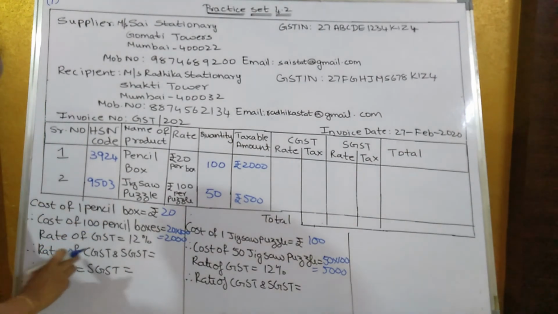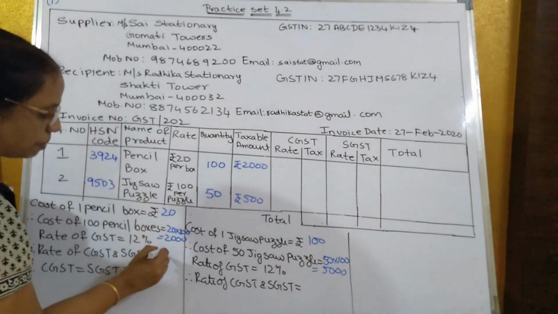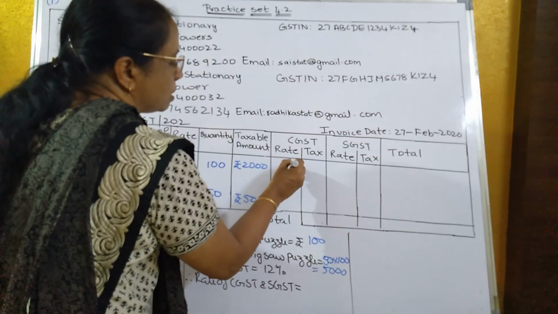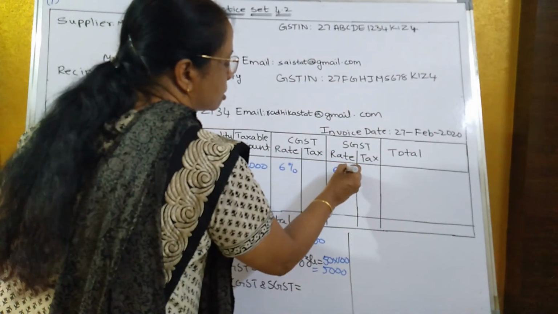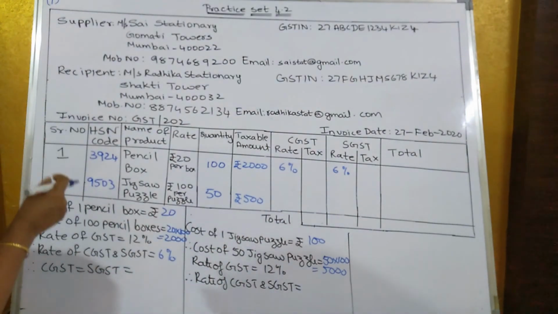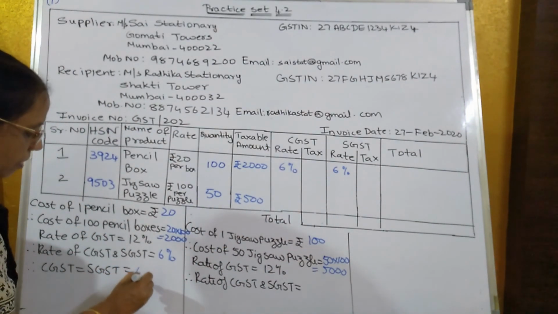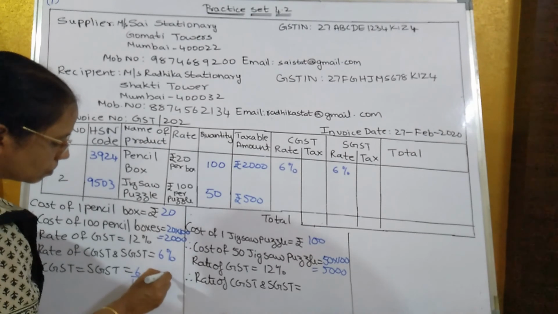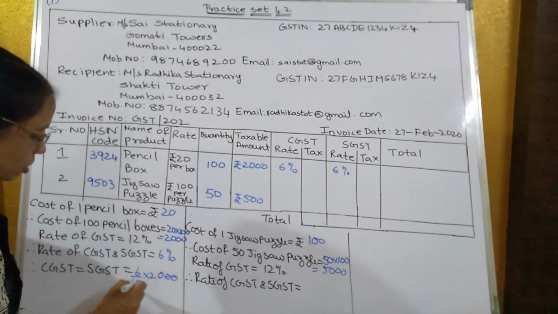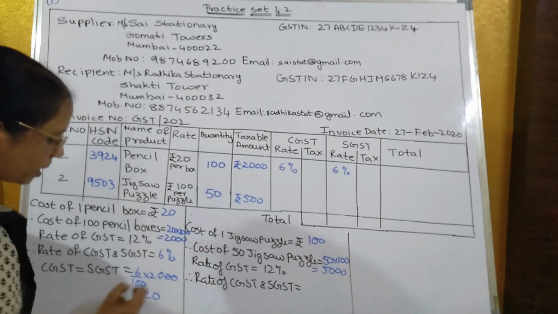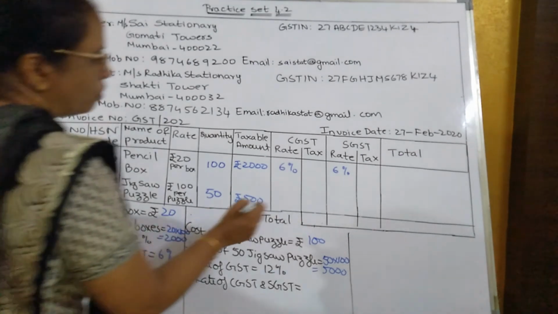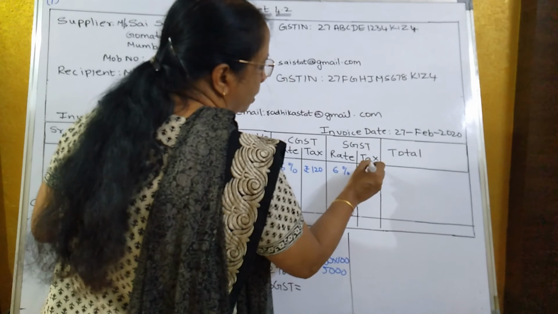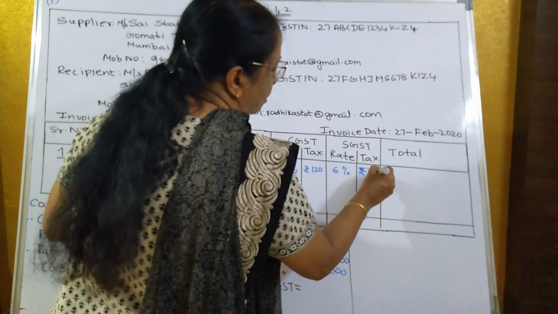Now the GST of both of them is 12%. So the rate of CGST and SGST will be half of 12%, that is 6%. So over here rate of CGST is 6%, and rate of SGST is 6%. Now you have to find out 6% of 2000. So 6 upon 100 into 2000. 2 zeros will get cancelled. 6 2s are 12. That is equal to 120. So rupees 120 over here, and here also rupees 120.